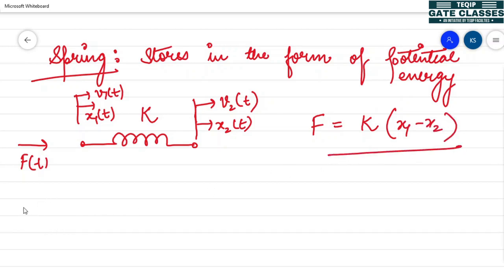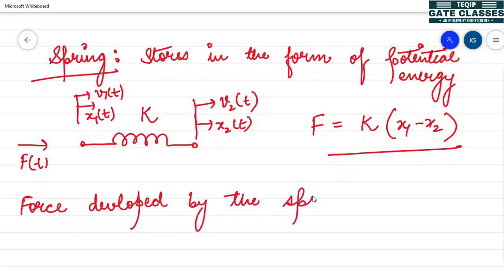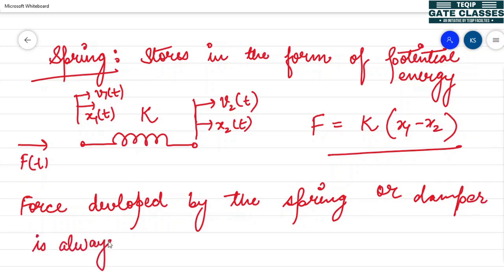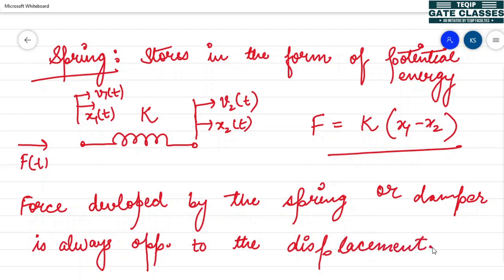Just keep in mind this, that the force developed by the spring or damper is always opposite to the displacement acting on the spring or damper. This should be kept in mind always, because it will be required when we draw free